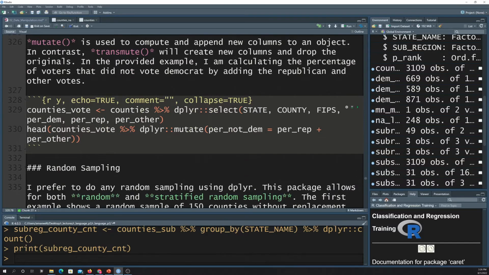Okay, so here my goal is to calculate the percent of the population that did not vote Democrat, and that's the sum of the percent Republican and the percent other. So we're basically just going to add those two together. Again, I take my counties data, pipe that into select, and pull out a subset of the columns here. And